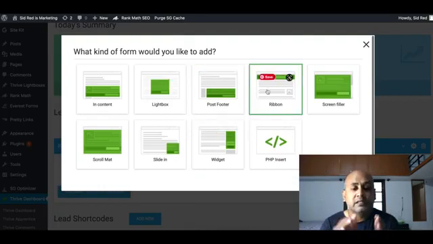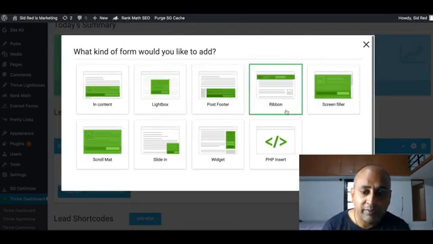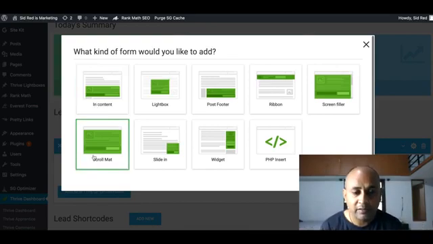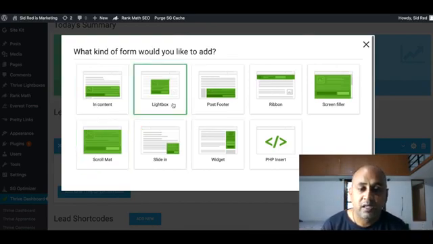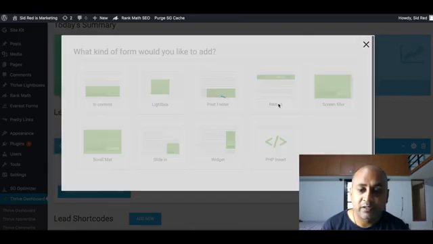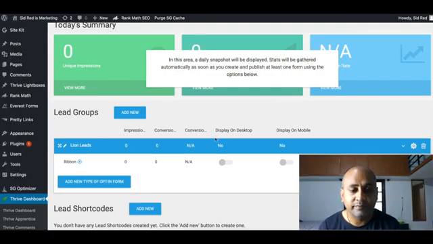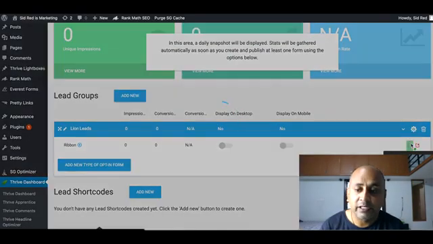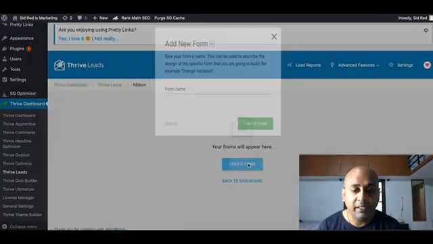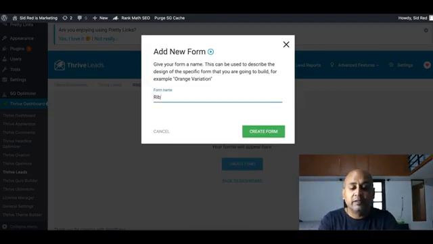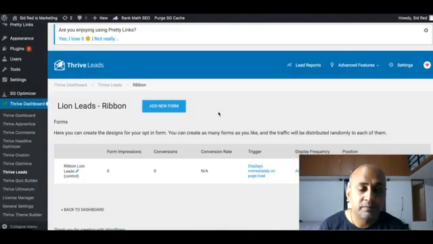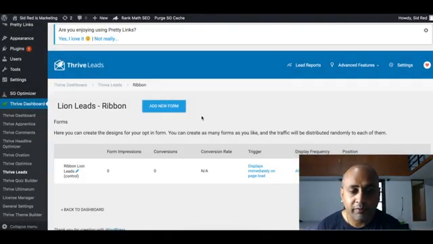There are a couple of ways where you can test. Here you can test, but there are a few effective ones. One is Lightbox, one is Ribbon, and the subtle way is inside the content. Scroll Mat covers everything and asks you to please sign in. You can use that, and initially you can use Ribbon or Lightbox. I'll go for Ribbon and show you how it works. In Ribbon, we have to create a form, right? That's what lead generation is. So this is in the form of a ribbon which comes over the top of your web page.